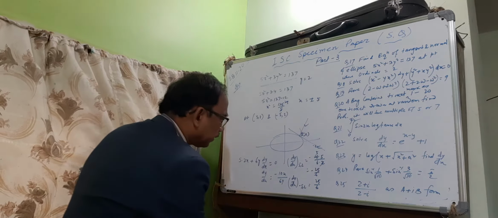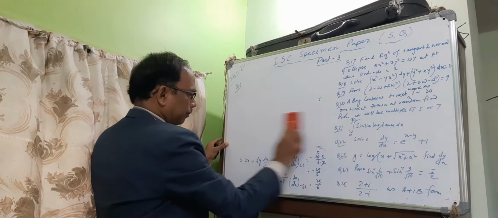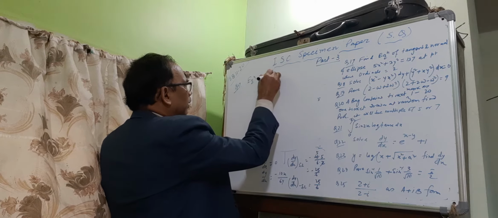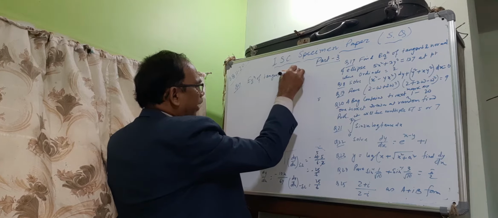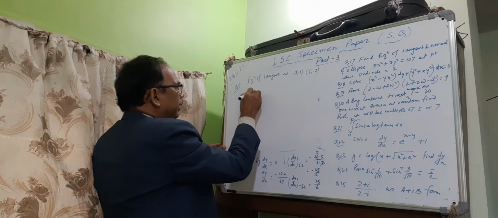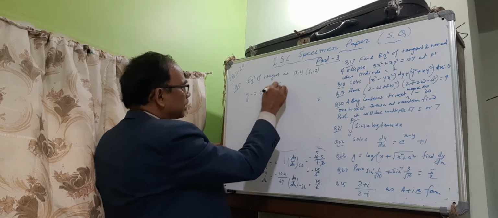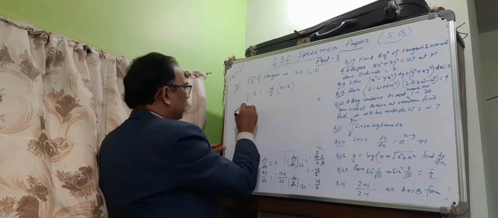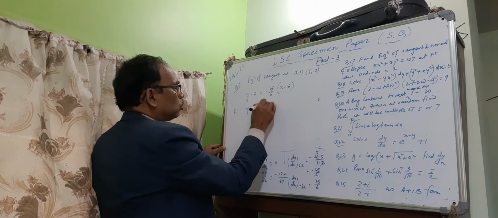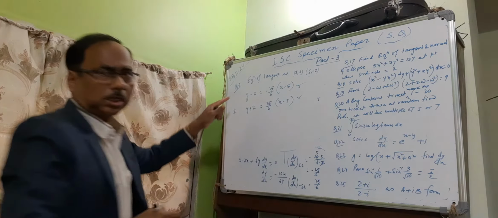Now the equation of tangent. The equation of tangent at (5, 2) and (minus 5, 2): y minus y1 equals the gradient minus 25 by 6 times x minus x1, and y minus y1 equals 25 by 6 times x minus x1. These are the equations of the two tangents.